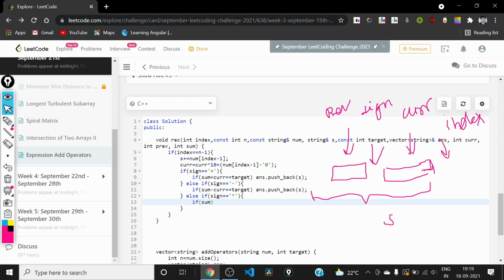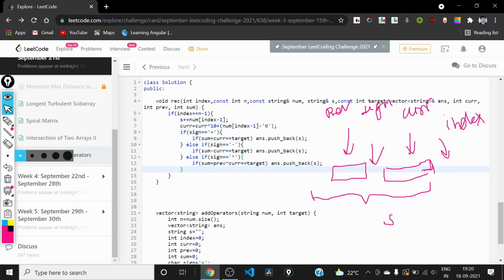So overall sum will be equal to sum plus previous into current. This should be equal to target if this string is valid, and if it is valid, then we can push it. So we have handled these things.